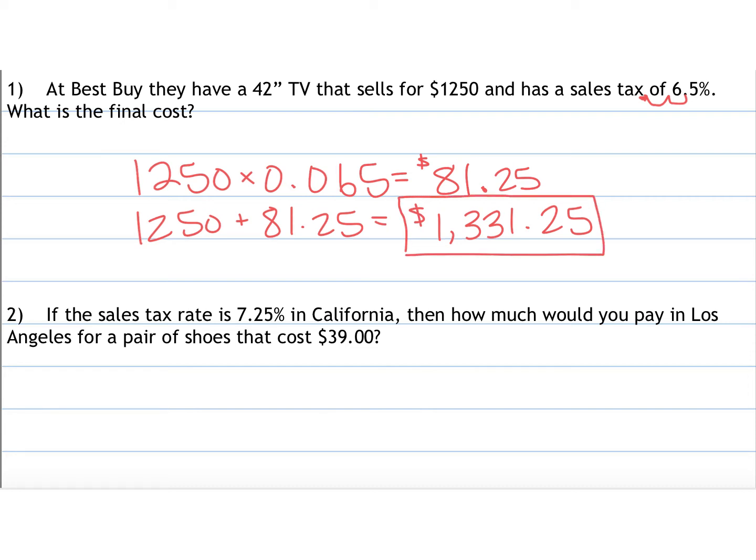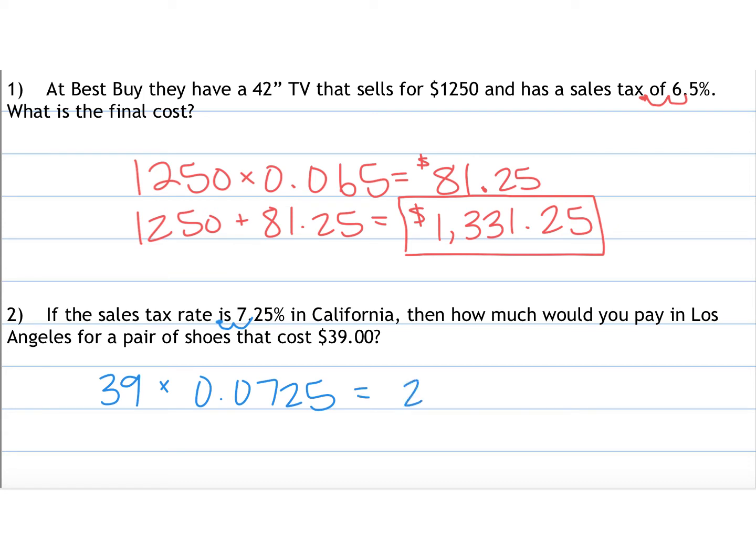Next one, if the sales tax rate is 7.25% in California, then how much would you pay in Los Angeles for a pair of shoes that costs $39? So first step, figure out how much you are spending on taxes. So you're going to take your percent and move it 2 spots to the left to turn it into a decimal. So we're going to take $39 times 0.0725,